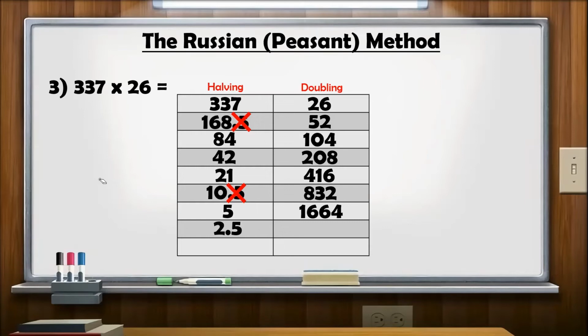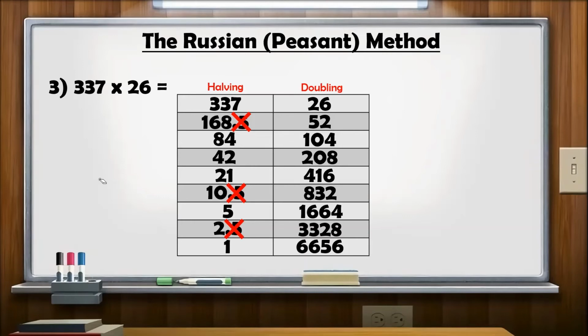Double 1,664 is equal to 3,328. And again, you can see I have a decimal, so my 2.5 will now become a 2. So half of 2 is equal to 1, and double 3,328 is 6,656. Now, when I have reached the number 1 in my left-hand column, I am ready to move on to